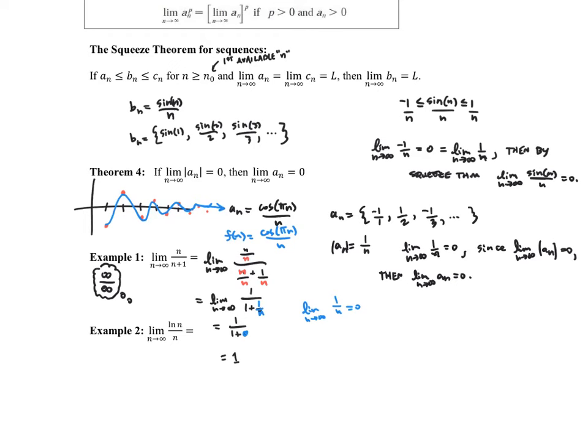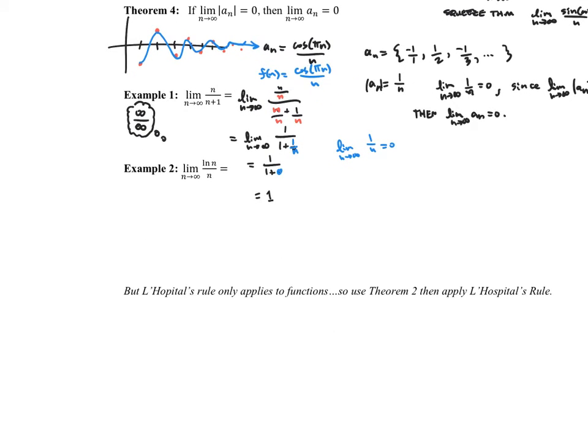But how about an example here where that wouldn't necessarily work out so well? Example 2. So what I would do is redefine f of x, or f of n, as ln of x over x. And then you can use L'Hopital's rule in a moment here. Limit as x approaches infinity of ln of x over x. Well, the limit as x approaches infinity of ln of x is infinity, and the limit as x approaches infinity of x is infinity. Therefore, by L'Hopital's rule,